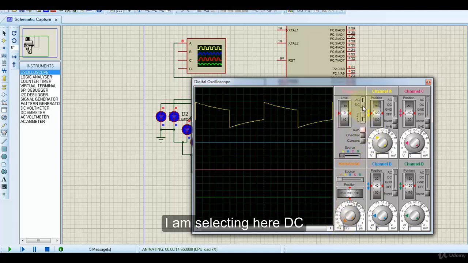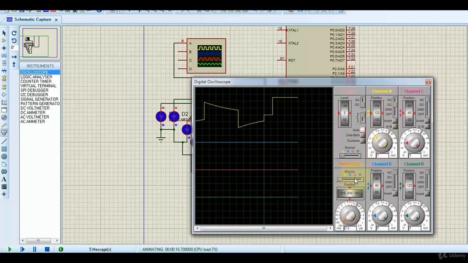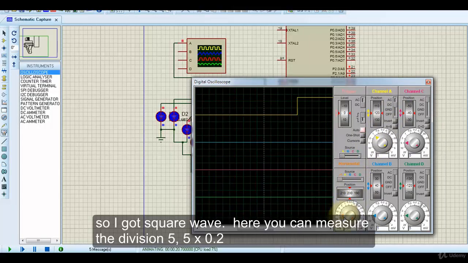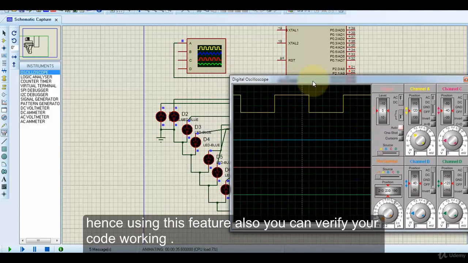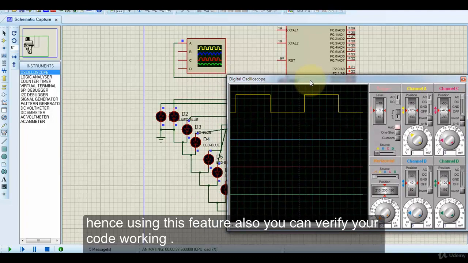I'm selecting DC here. Okay, so I got the square wave here also. Now here you can measure the divisions 1, 2, 3, 4, 5. So 5 multiplied by 0.2 is nothing but 1 second. This will give you 1 second. So hence using this feature also you can verify your code working.